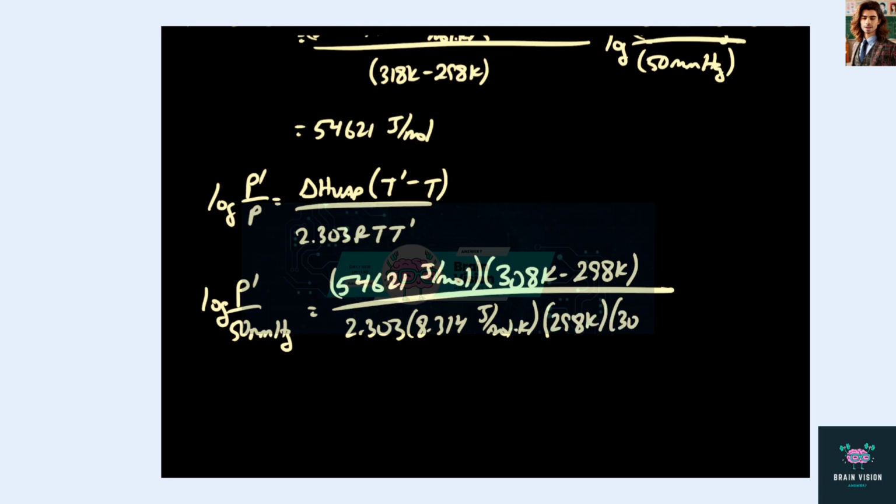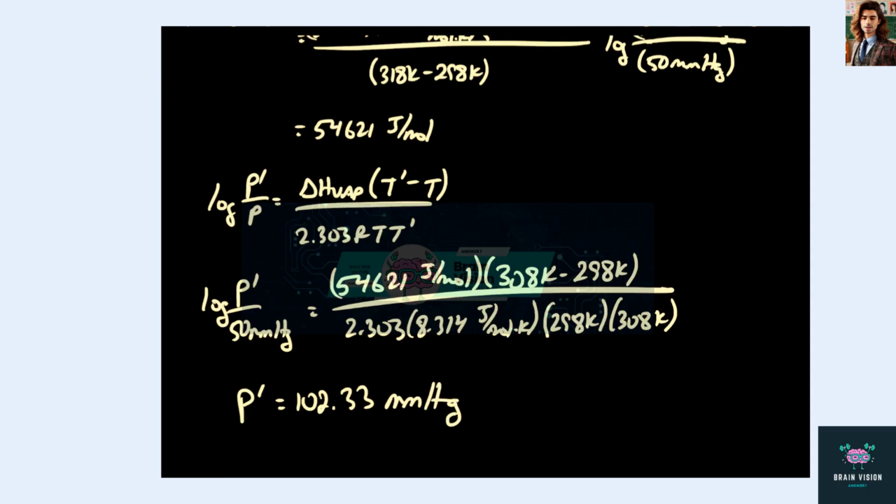T is 298, T prime is 308, and solving this for the pressure P prime, we find that this is equal to 102.33